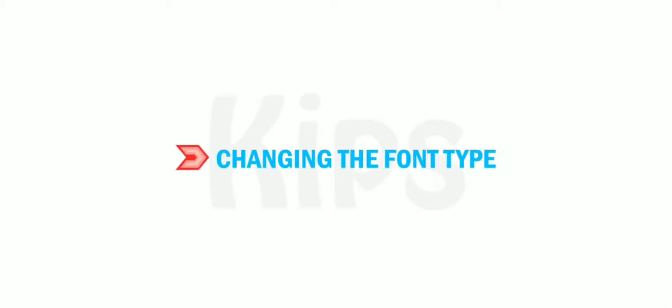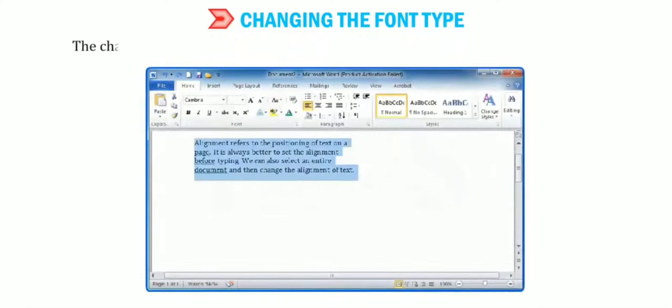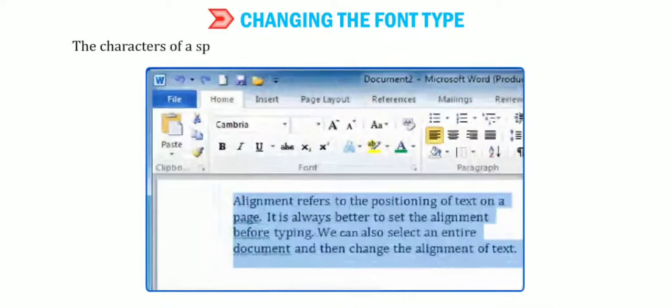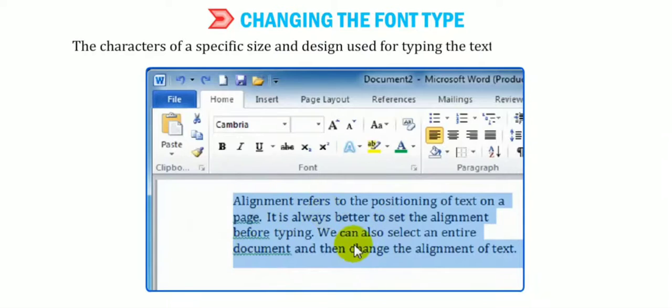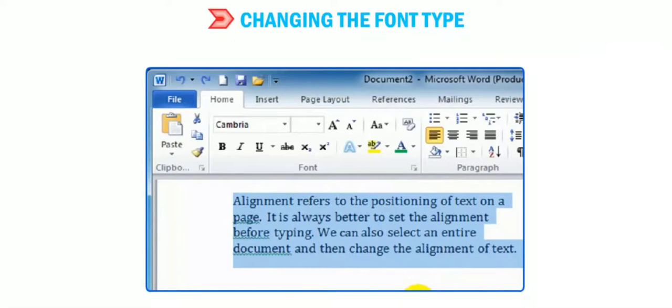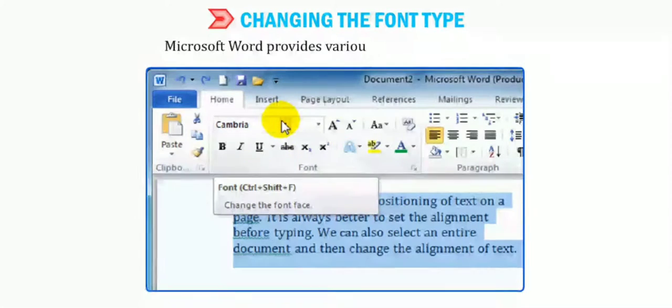First of all, let's see how to change the font type. Now let's see what fonts are. The characters of a specific size and design used for typing text are called fonts. Microsoft Word provides various types of font options.